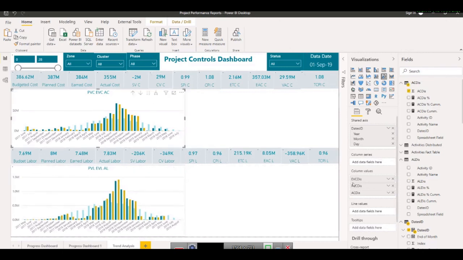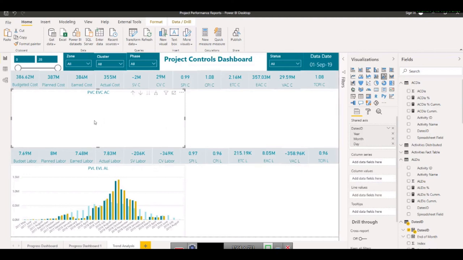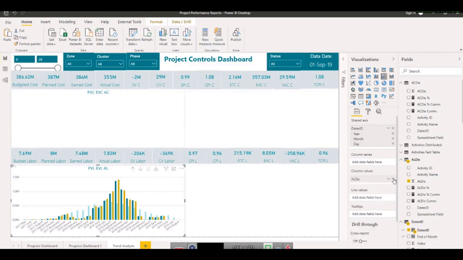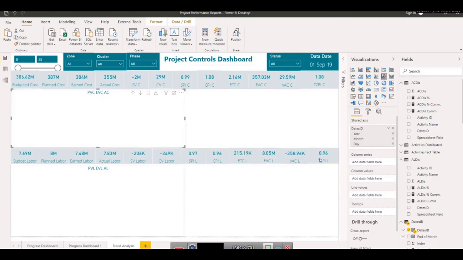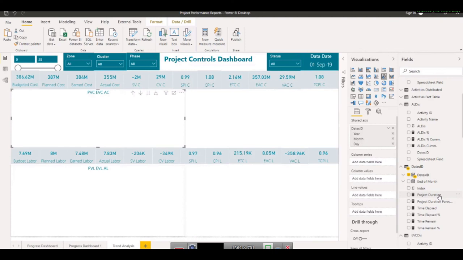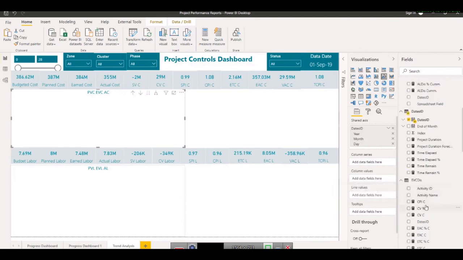This designing part always takes time, so we need to be very patient and we need to be very critical thinkers for that. What I want to see here right now is the SPI trend, and I want to see the schedule variance trend for cost and labor both. So I want to know how the trend was proceeding in my project in the past. So let's say here, this is cost wise above, so I want to bring here the SPI and CPI of the cost. So let's bring this, my cost, CPI of the cost, in, let's say,